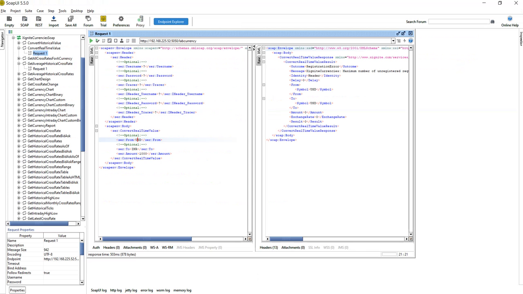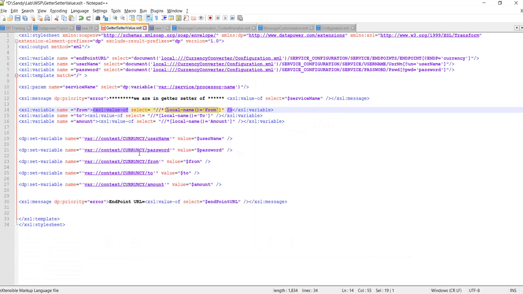So every time, first here is USD, and after some time we have SAR, and here is USD, and here is 2000. Every time your message may have different values, so it will pick whatever value is passed here and store it in the variable, in this context variable.